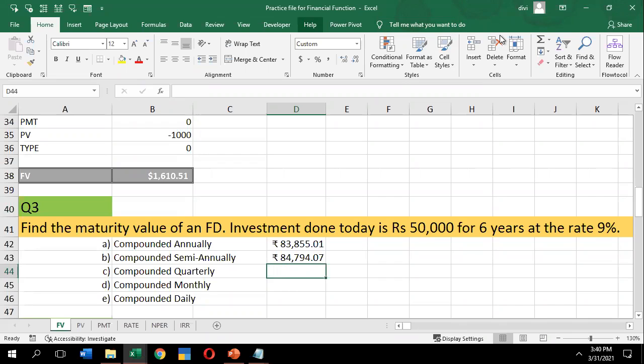As you are BCom students, you have to know how many quarters there will be per year.